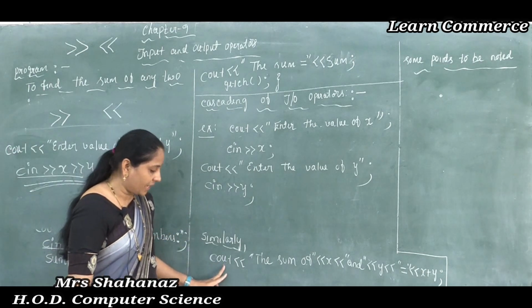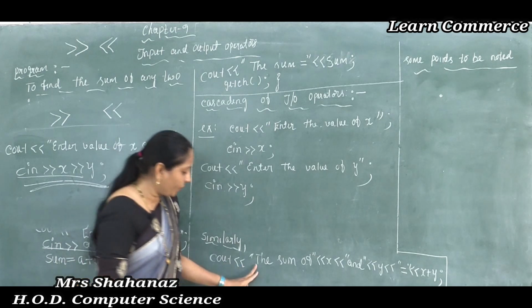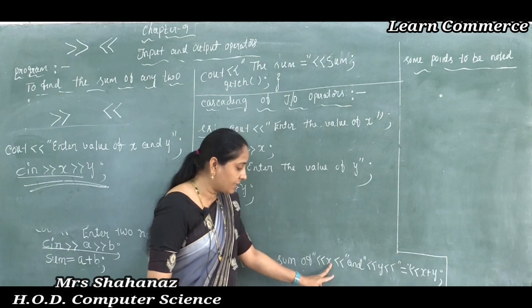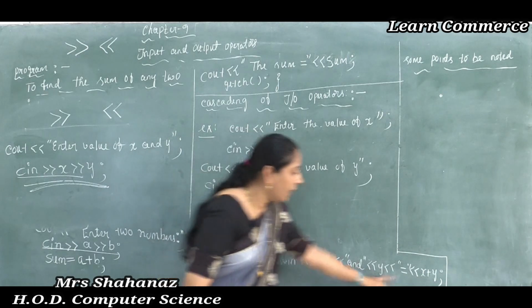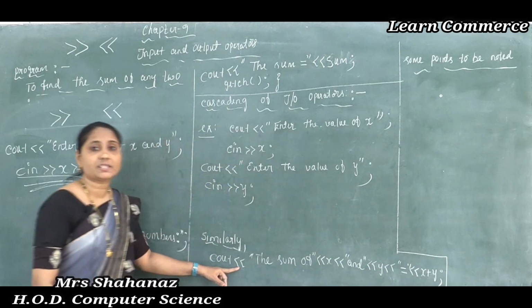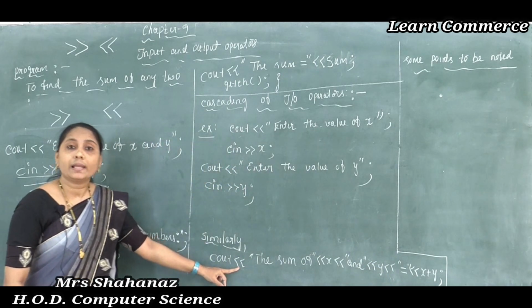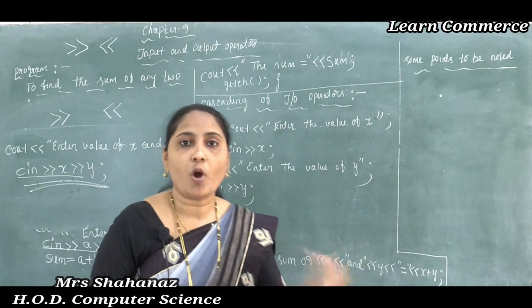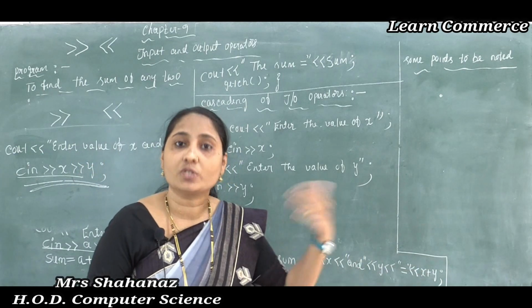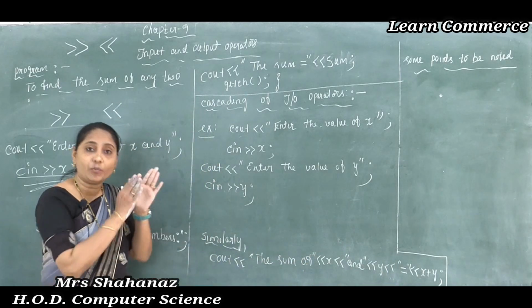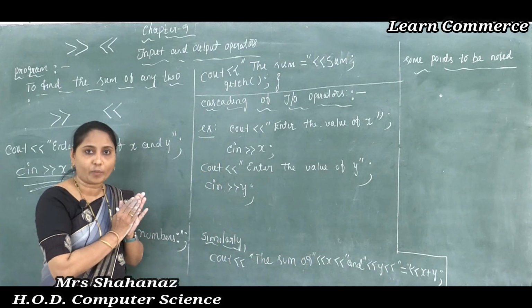That means cout, use the operator, opening of the double quotation, the sum of, that means here x and also y is equal to x plus y. So this is the suitable example for our cascading output operator. Otherwise we need to show the sum of x and again cout, use the operator, the sum of y. So instead of this, just in one line we can show such information, correct?